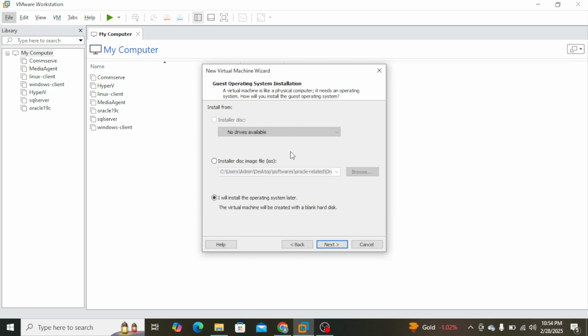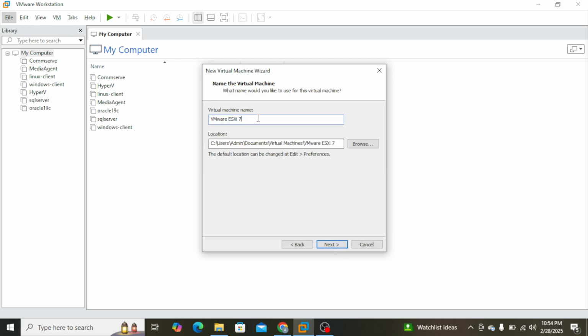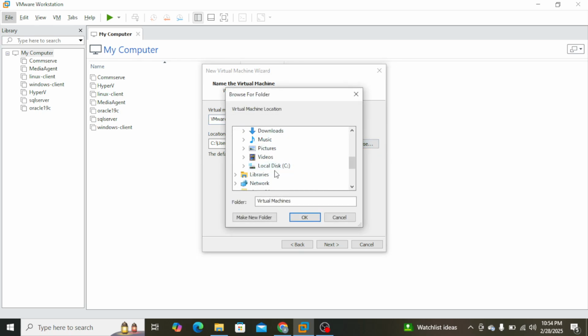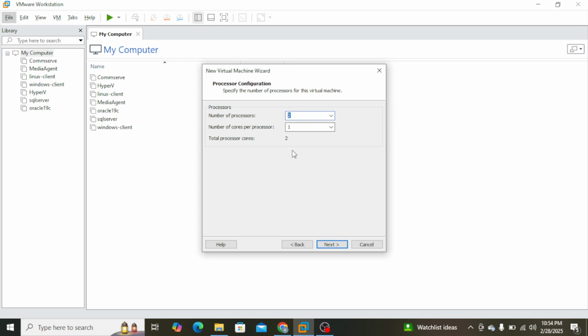So let's set it to the default one and I'll install the operating system later. VMware ESX, I'm going to select version 7 here, and you can name it VMware ESX 7, which should be fine without any space. And for the location, I want to give a different location. I have everything in the C drive earlier. In the Workstation, I'll create a new folder with the name ESX, and let's put all the virtual machine files over there. Click on Next,